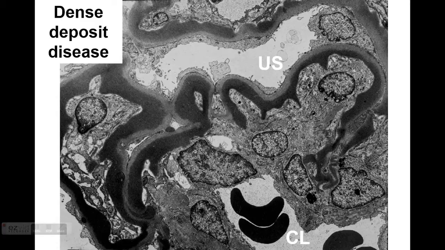So one of the forms of this alternative complement pathway problem is dense deposit disease. In the past, it was classified as MPGN type 2, but we know that this is not really an immune complex disease, but the complement deposition, and it's with this kind of very dense deposits that are intramembranous, sometimes sausage-shaped or ribbon-like, and it's very important to remember these buzzwords for the board examination, but this is how it